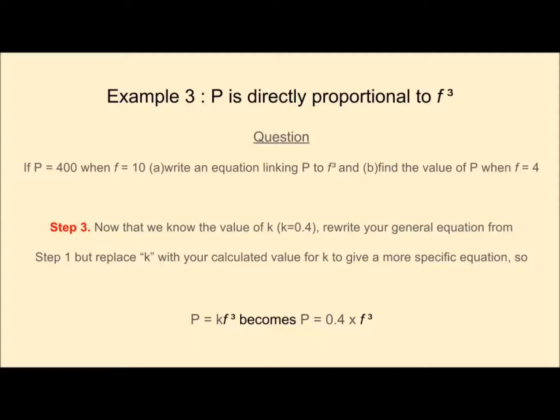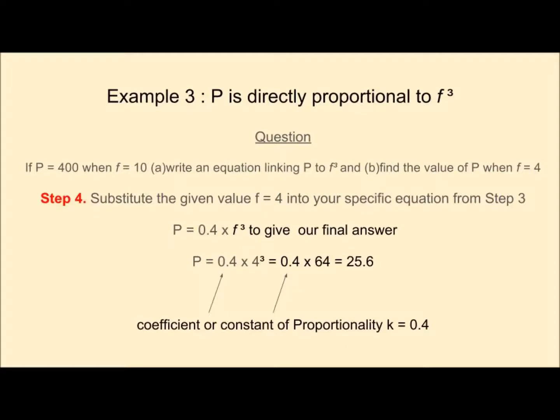So moving on to step 4, which helps us to answer part B of the question, we now substitute the new value f is equal to 4 instead of f being 10, which it was previously. So p is equal to 0.4, that's our coefficient or constant of proportionality, times 4 cubed, which gives 0.4 times 64, because 4 cubed is 64, which gives our answer of p is equal to